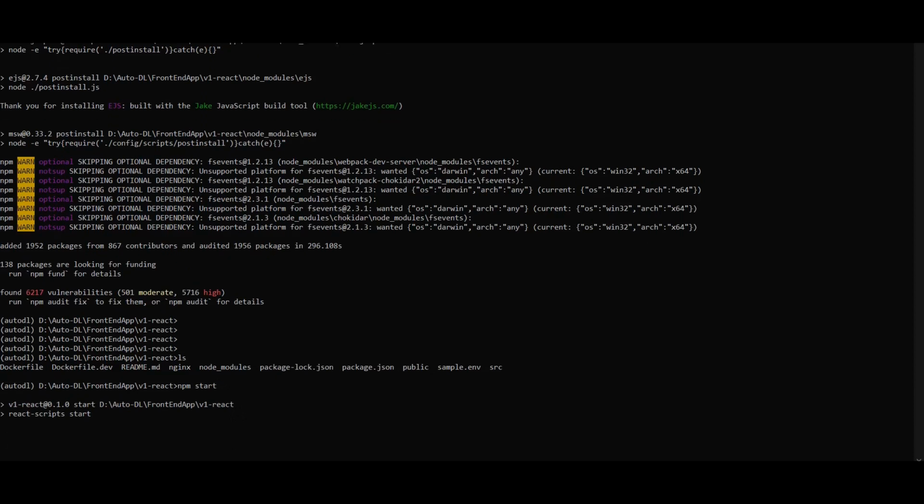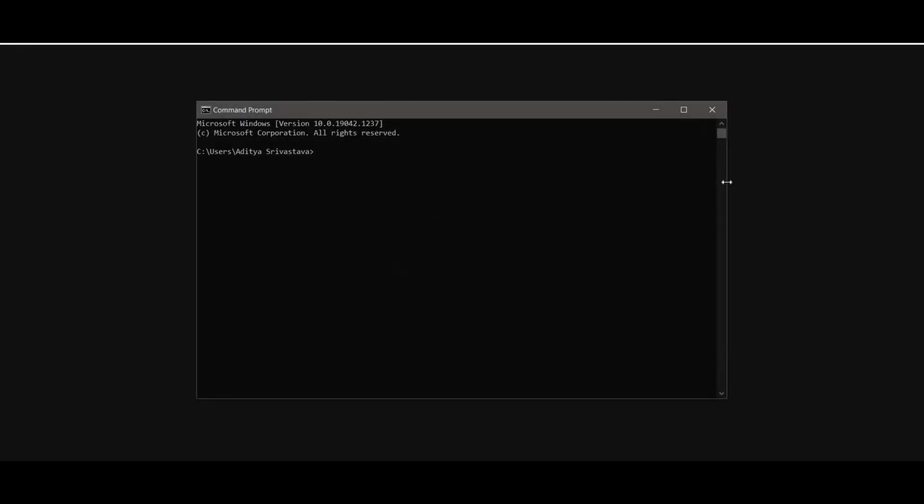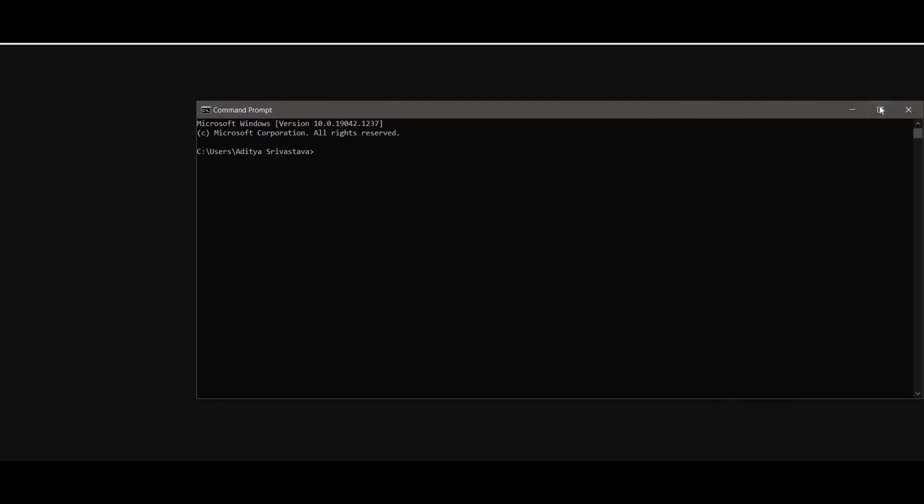Okay, let the server start. Till then, I'll just spin up... Whoops, it started sooner than I expected it to. Yeah, I'll bring up another terminal. Let me just full screen this. AutoDL backend app. Okay, where's backend app? Yeah, here it is. And now to run the backend app, that's a Django application.